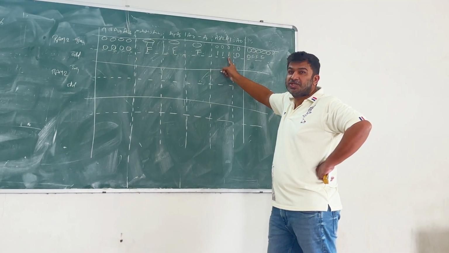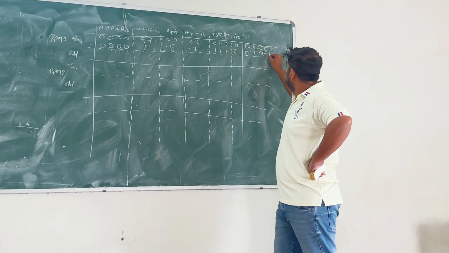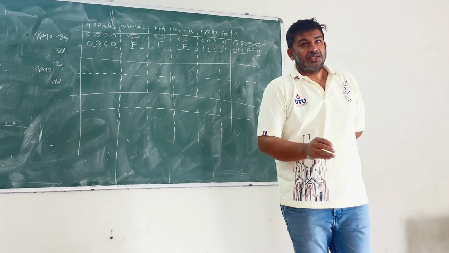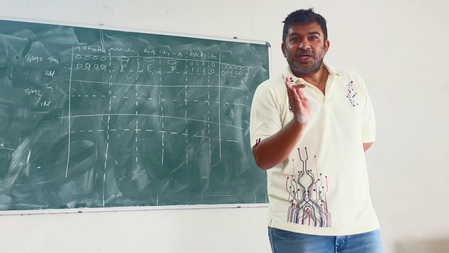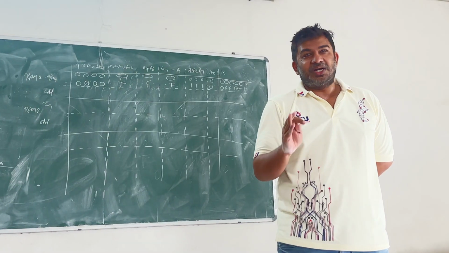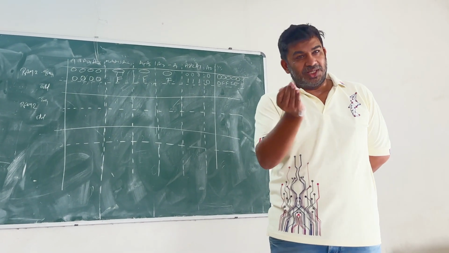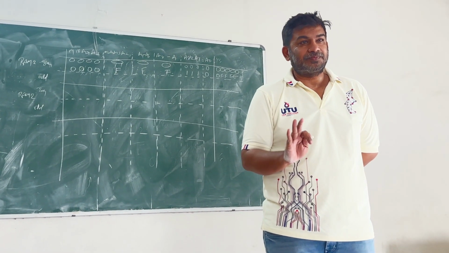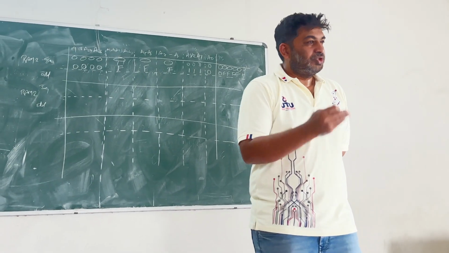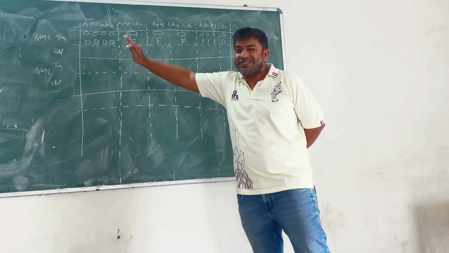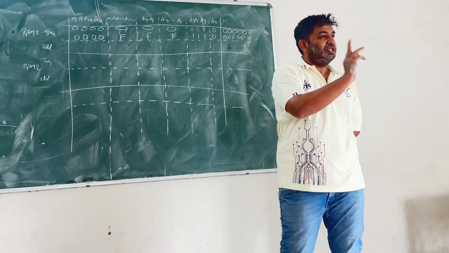8, 12, 14, that is E H. Your even bank always ends with E. It does not end with F. F is an odd number, E is an even number. Understand? Yes. So this is my first chip, and I know the starting address of that chip and the ending address of